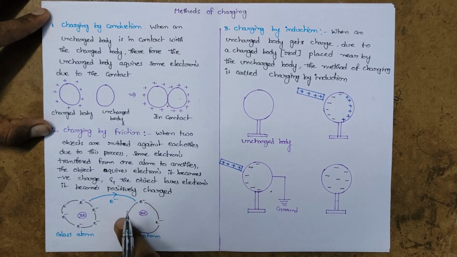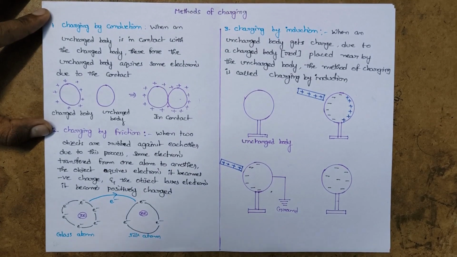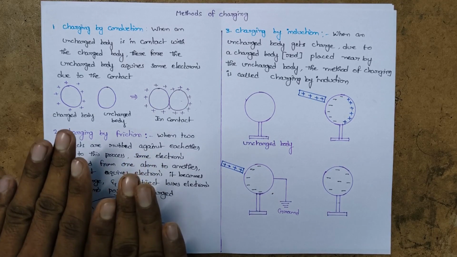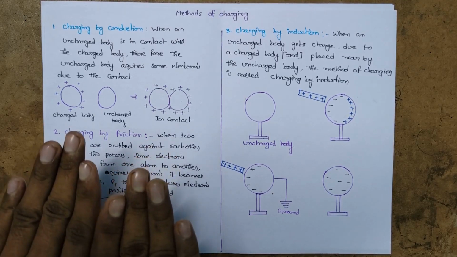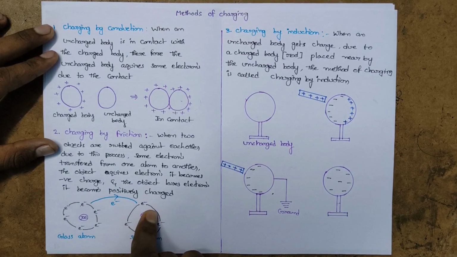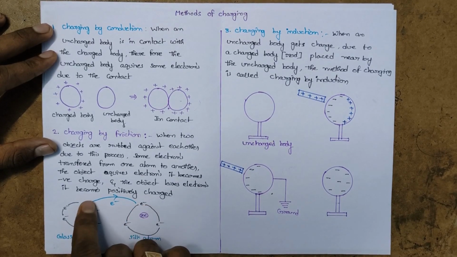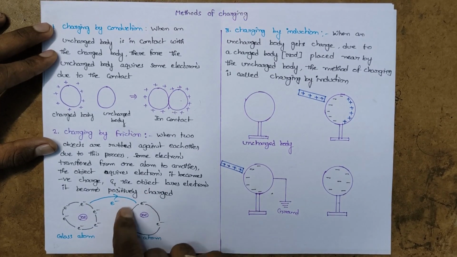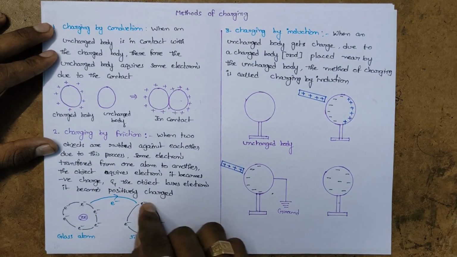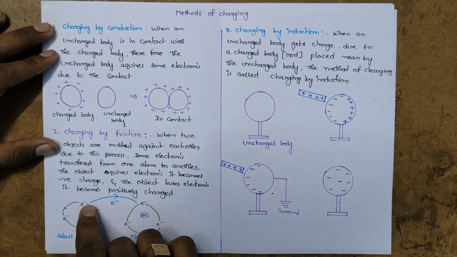Now coming to the silk atom, here 3 electrons are present, meaning let us assume inside also 3 protons are present. Now if you bring these two atoms very close to each other and rub like this, during this rubbing process some electrons are transferred from glass to silk atom. So the silk atom acquires some electrons additionally, right? So it behaves as a negative charge, and the glass atom loses one electron.